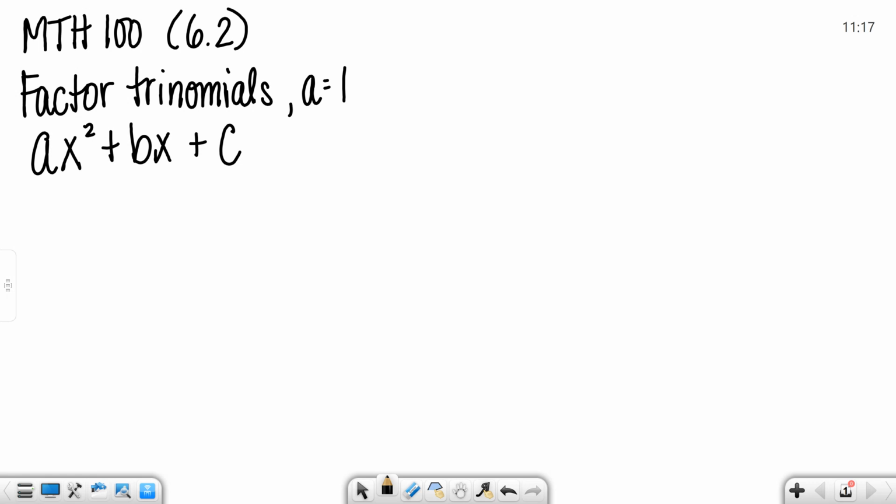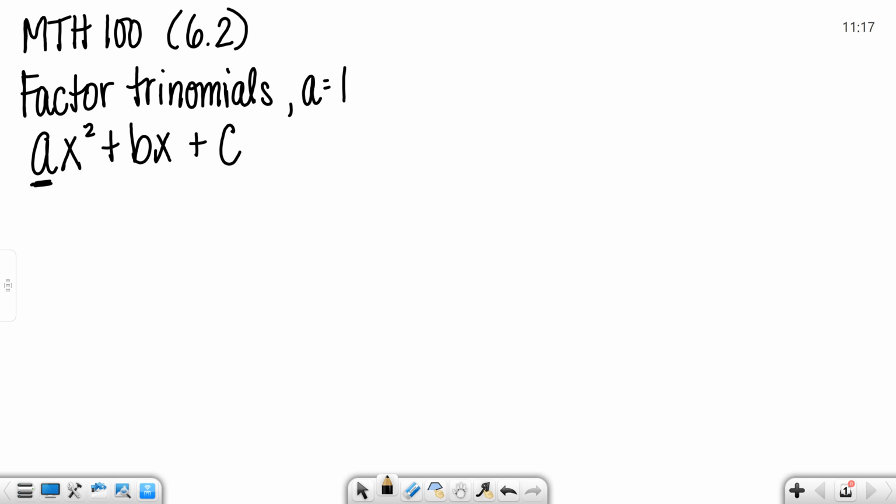Math 100, section 6.2 involves factoring trinomials. And in our trinomial, our a value is going to be 1. So here's what a trinomial will look like: ax squared plus bx plus c. So the a value being 1 we're talking about is this a right here, the coefficient of x squared. And so for lesson 6.2, that coefficient is going to be a 1 when we get ready to factor the